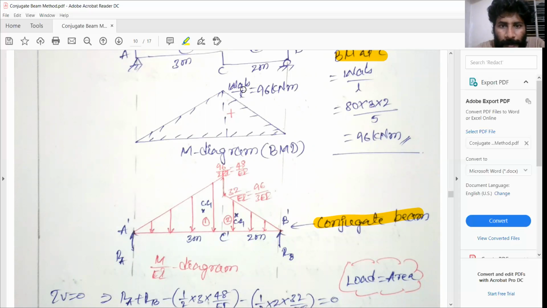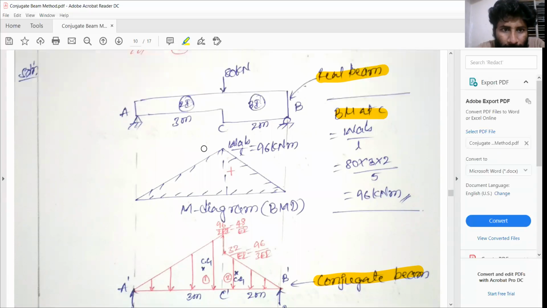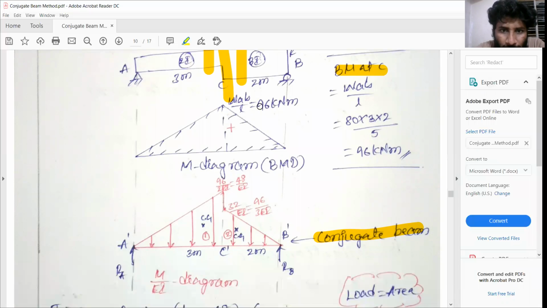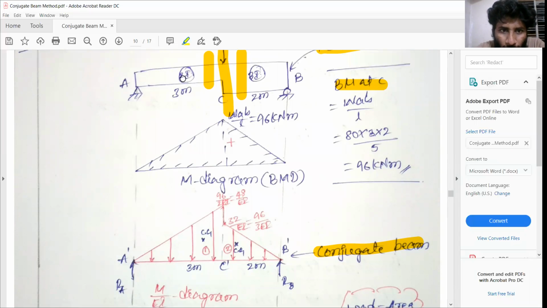So once we get the bending moment value, that is divided by the EI value. Here you can see 2EI is there, 3EI is there. Suppose here is the section where the EI is changed. Whenever it is like this, we have to take both. At this junction we have to consider both the I values. You can see the maximum is 96. So 96, just left of this section, is 2I. So 96 divided by 2EI is equal to 48 by EI. Wherever there is a change of cross section, there will be a sudden change in the M by EI diagram.